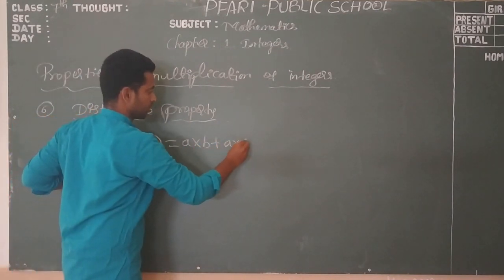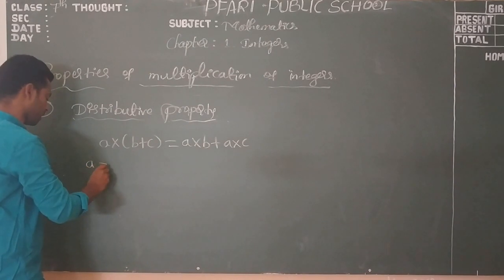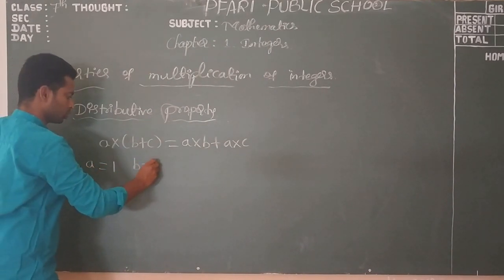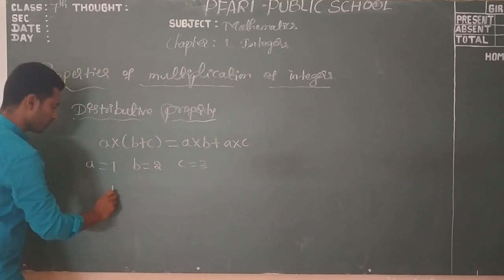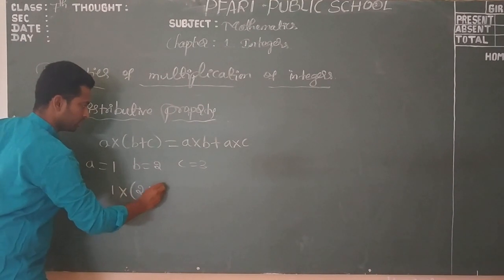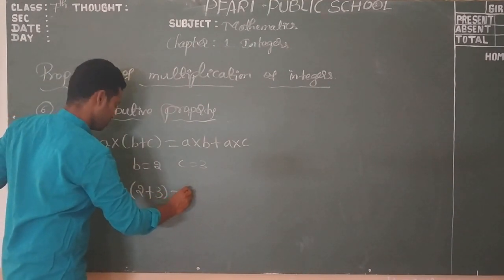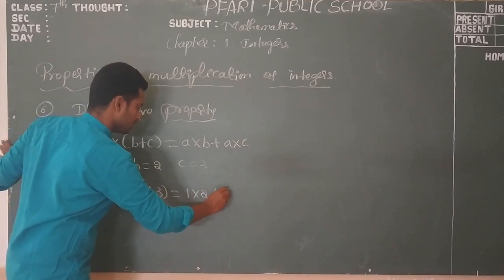To prove this, I am going to take three integers: a equals 1, b equals 2 and c equals 3. So a is 1 into b is 2 plus c is 3 equals a is 1 into b is 2 plus a is 1 into